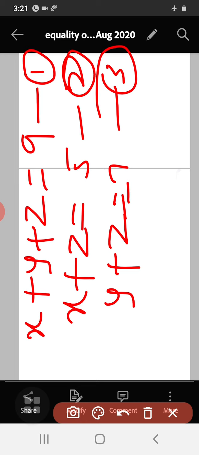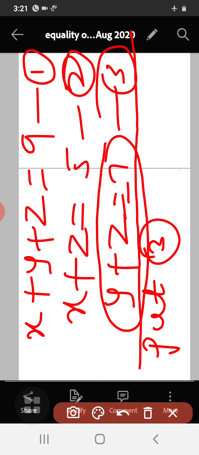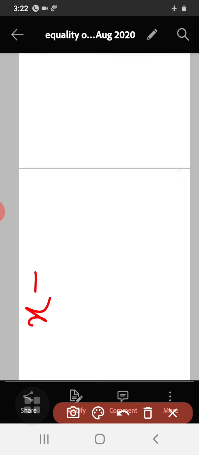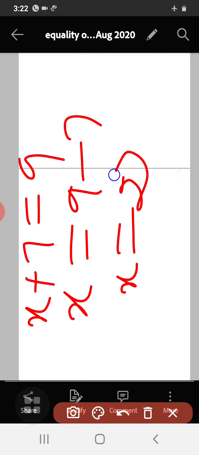Okay, so I will use, see, this y plus z is equal to 7. So put equation 3 in equation 1. See, instead of y plus z, I can write 7. So I am using equation 3, substituting it in 1. So what will I get? I will get x plus 7 is equal to 9. Then x is equal to 9 minus 7, so x is equal to 2.